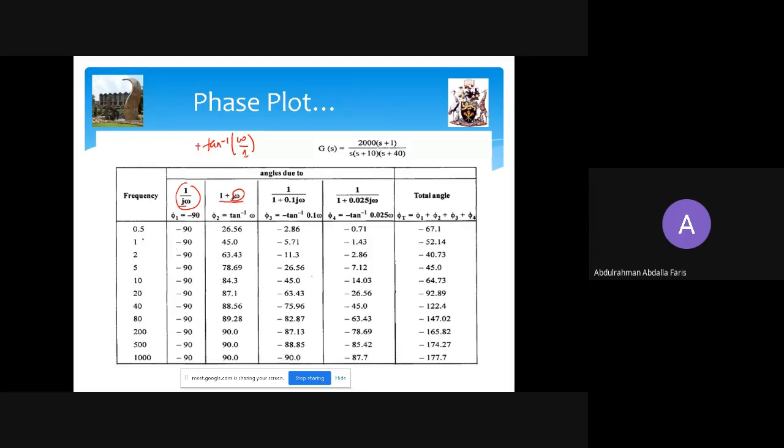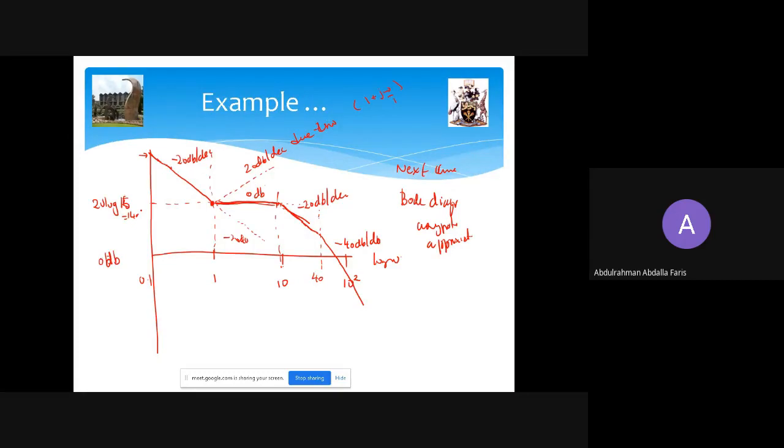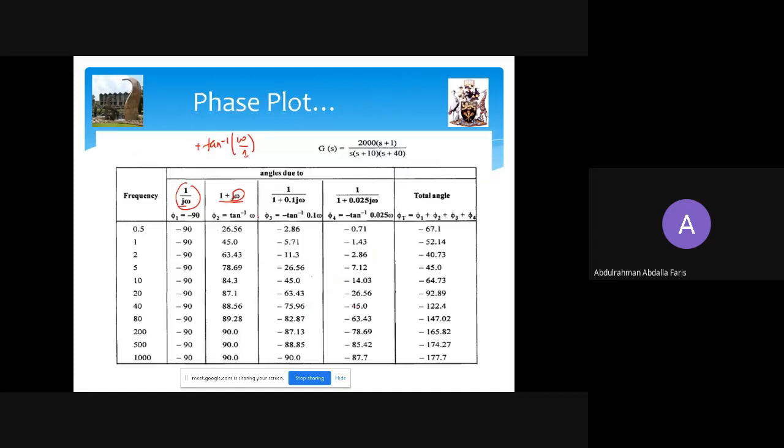So you just choose logical frequencies. We know it's from 0 to... So you choose frequencies between your scale, the magnitude scale. From there, you plug into your calculator 0.1 and get tan inverse 1 like that, like that, like that. So due to this real pole,